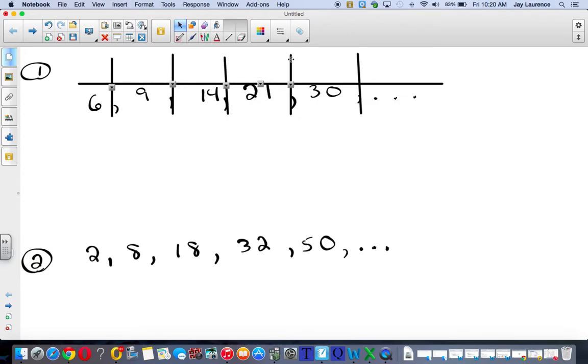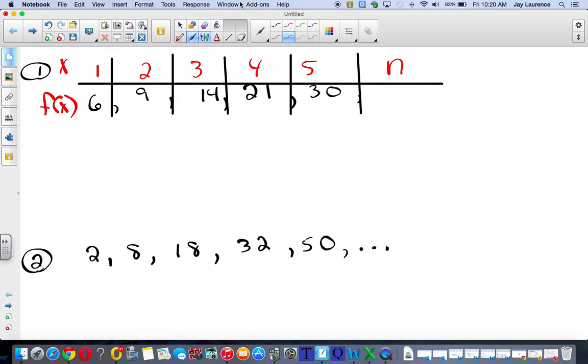So these are my inputs. My x is my input, and f of x is my output. And this is the first term, and the second term, and the third term, and the fourth term, and the fifth term. I'm looking for the nth term